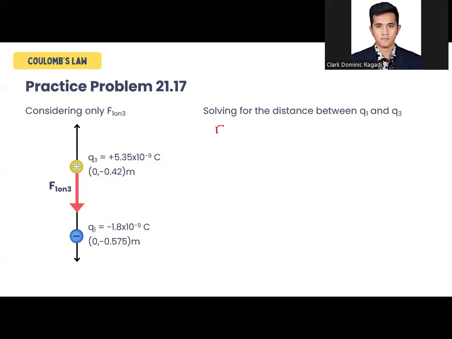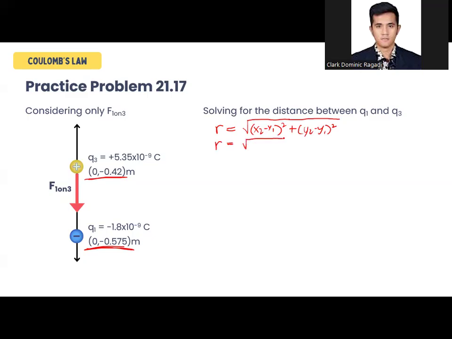The distance between Q1 and Q3. Since we are given points on the Cartesian plane, we can use the distance formula. So R equals the square root of (x2 minus x1) squared plus (y2 minus y1) squared. So that's equal to R equivalent to...